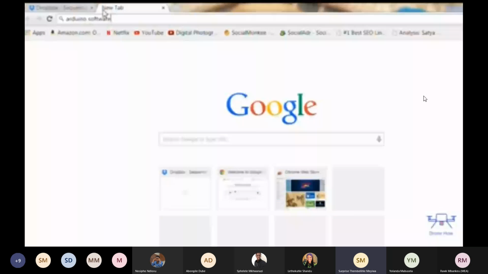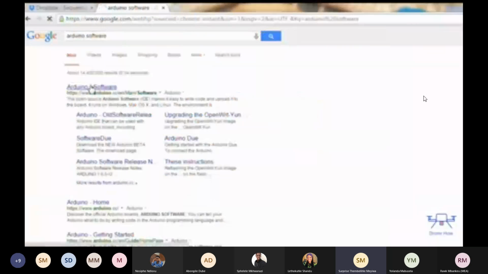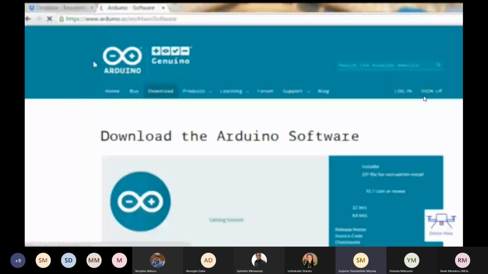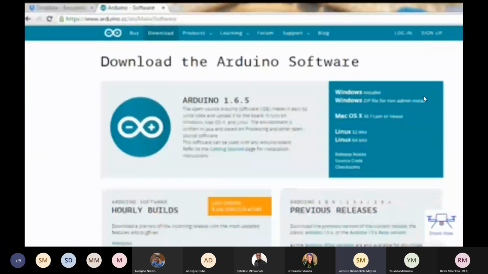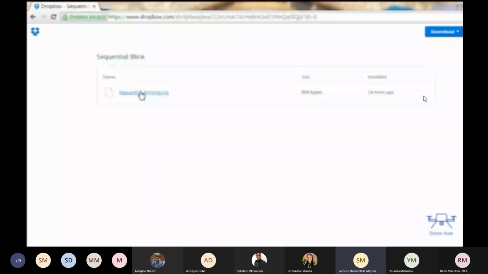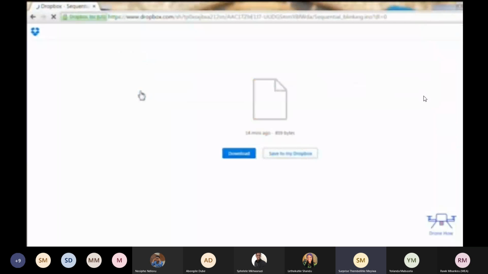Before we work on our sketch, make sure to download the Arduino IDE for your specific operating system. I'll leave a link to where you can download the software in the description below. Once you've downloaded and installed the Arduino IDE, go ahead and download the sketch to run this program using the link I've put in the description. Open the